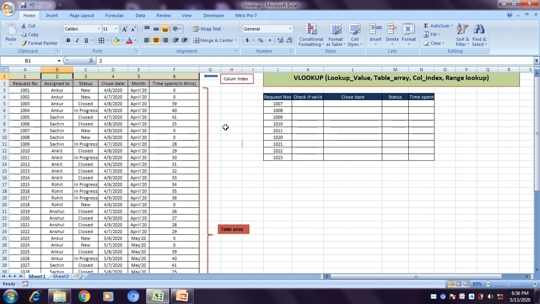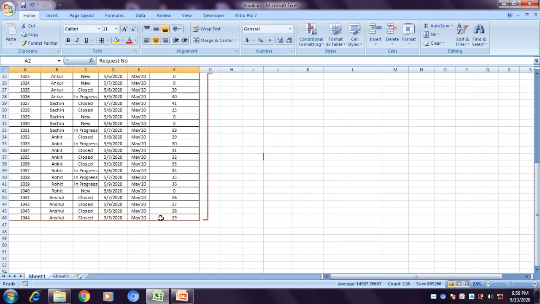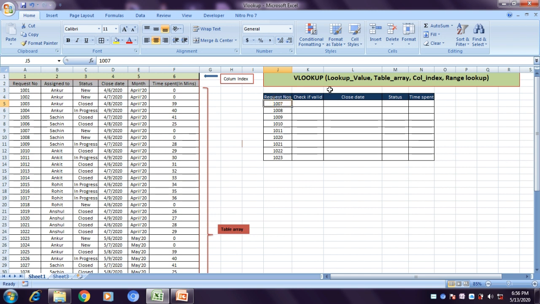Table array is the data from where you want your search to be conducted. So let's see, these are the request numbers. Against these request numbers, I want to see the close date, the status, and the time spent. So first I'll see if these requests exist in this table array or not. So let's try.